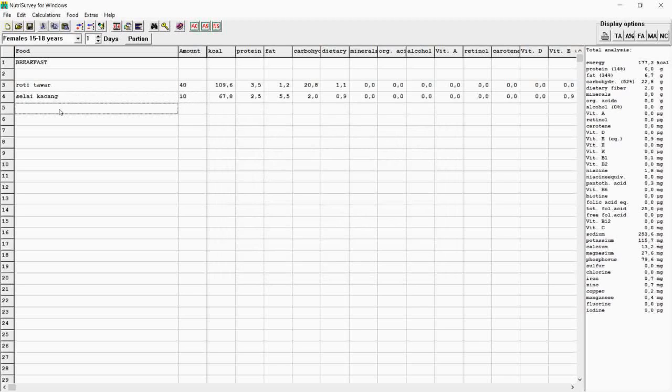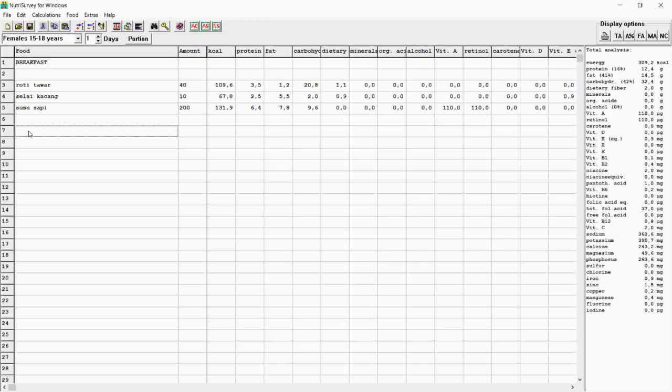She also drank milk, the amount of 200, and that's all for her breakfast. She didn't have anything during her first break.